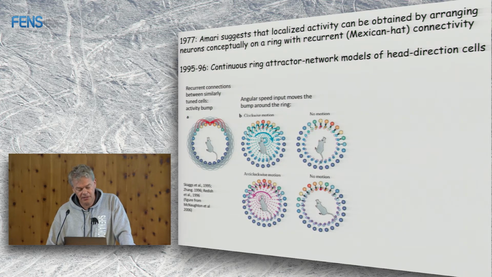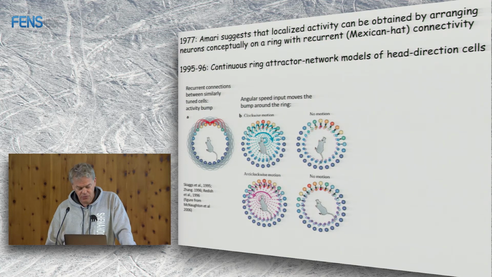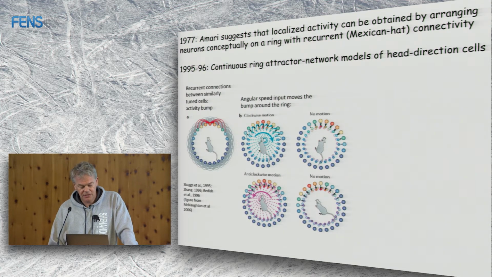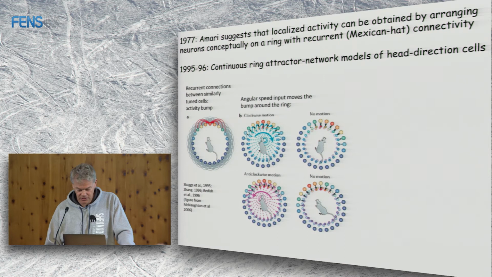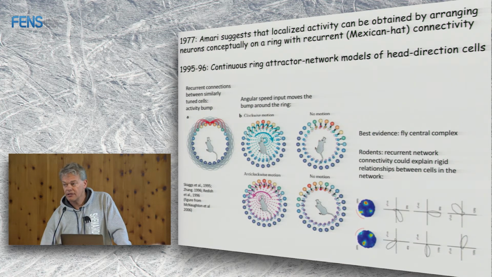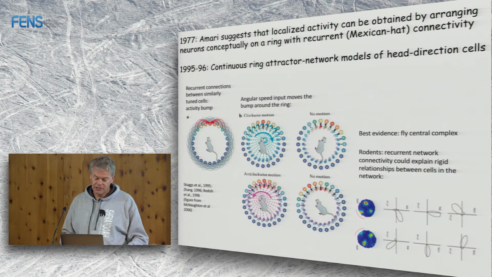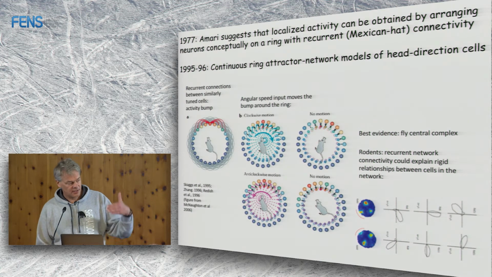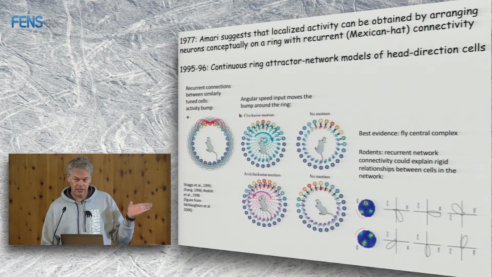Such direct evidence doesn't exist in mammals, so one has to look for predictions that you would make with such models, and one is that with such strong connections you would expect that there would be a similar kind of coherence